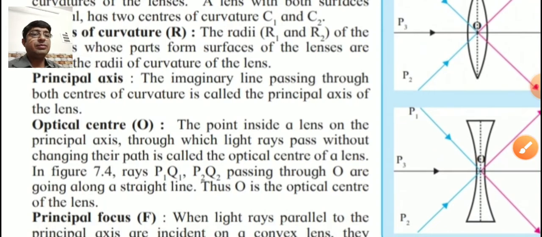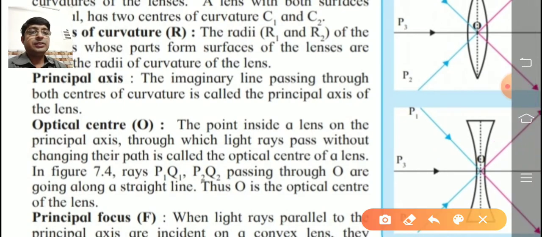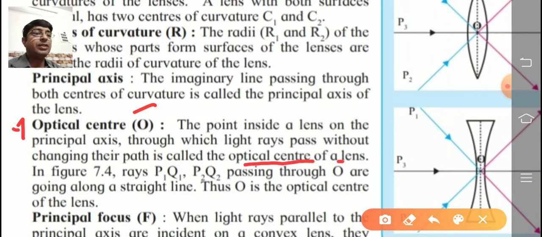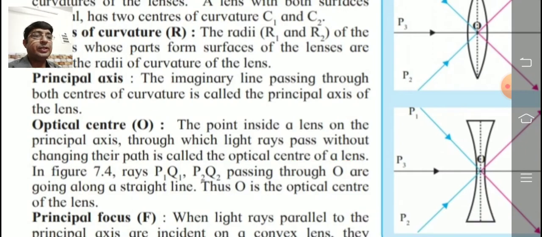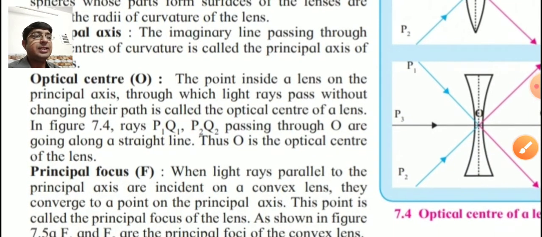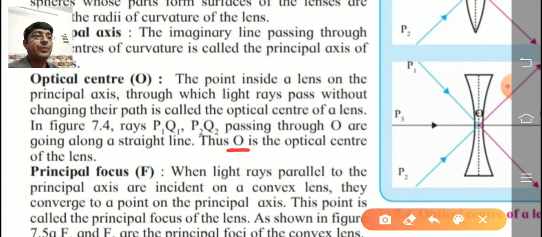Fourth point is given here. Optical center, indicated as O. The point inside a lens on the principal axis through which light rays pass without changing their path is called the optical center of a lens. That is shown in the figure with explanation. So it is indicated by the letter O. O means optical center of the lens. Next,